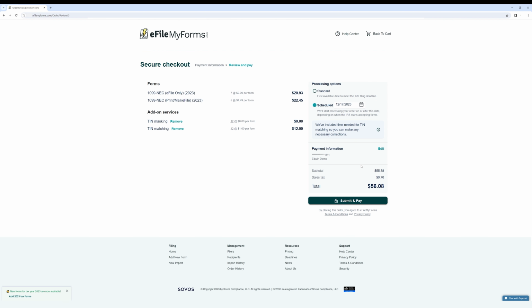You have two processing options. Standard, which is the first available date to meet the IRS filing deadlines. So what this means is it will go through the standard process, as our website will scan all accounts that have forms that are ready for checkout, and will go on the cycle of the frequency to send to the IRS. If you'd like to have a scheduled time for this to process, let's say you want to have these sent a week before the filing deadline for those form records that you have for those filing dates,